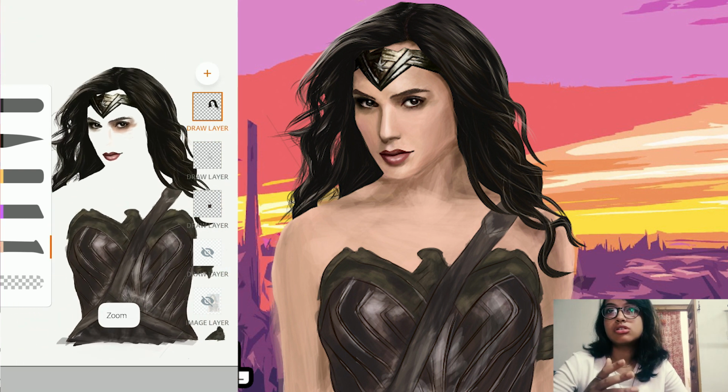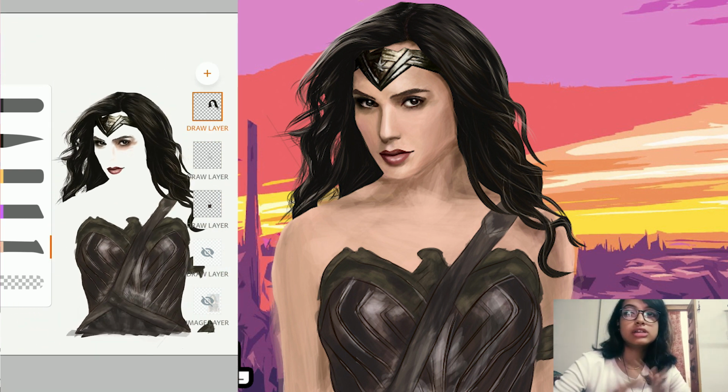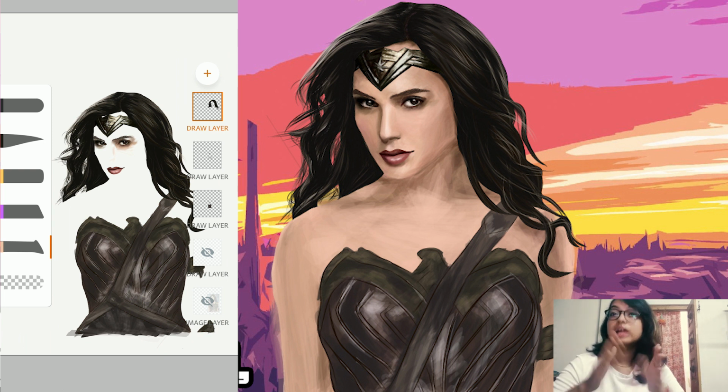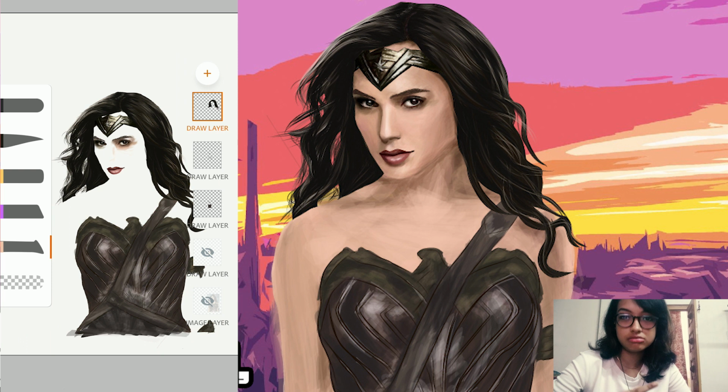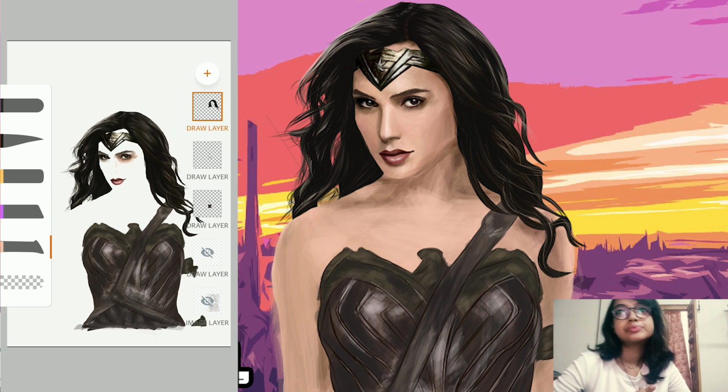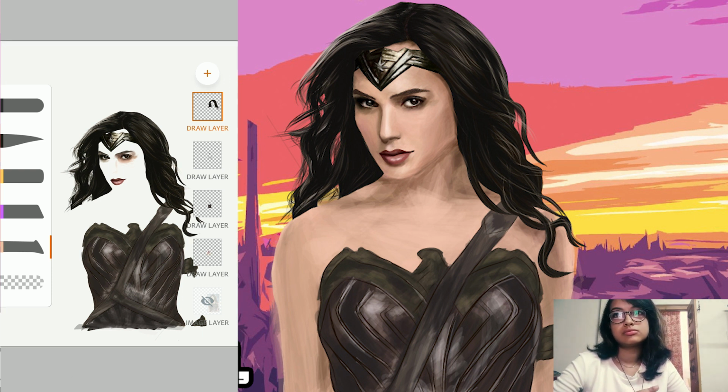Then there comes the costume. Again, I have done the entire costume in almost a single layer, including the main solid color as well as the highlighted and textured parts to maintain the originality as far as I could. This is for a broader view.